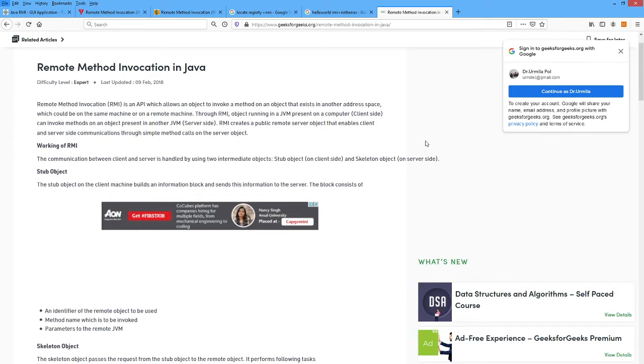RMI creates a public remote server object that enables client and server side communications through simple method calls on the server object.